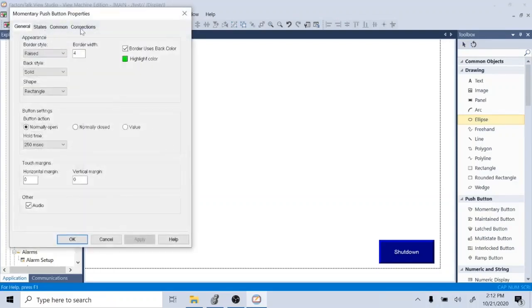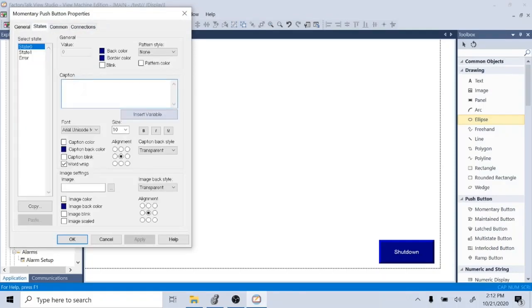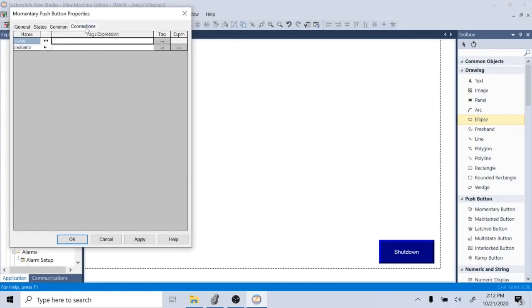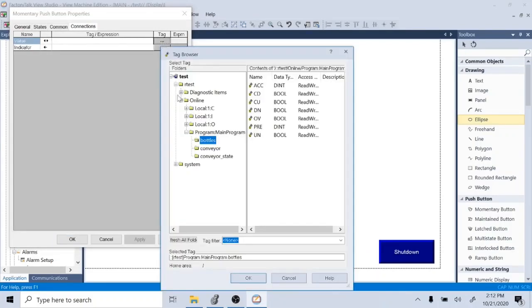Now I get this momentary push button pop up, and I say states. Under caption, I want to say start, and it's real small, but that's S-T-A-R-T. Under state 1, I do the same thing, S-T-A-R-T. Then you come over here into connections, and then you right click on tag, or left click on tag, and